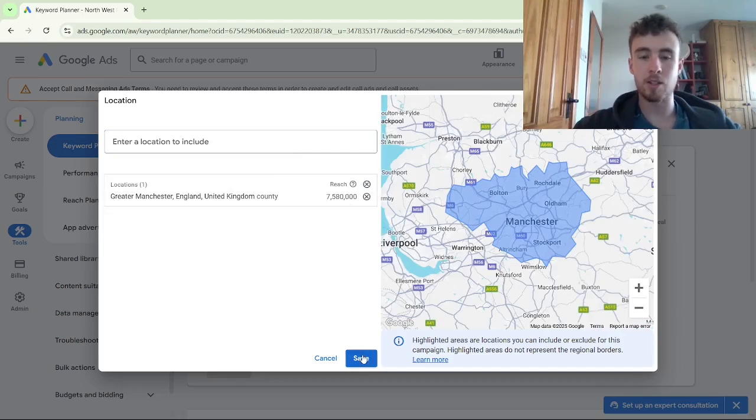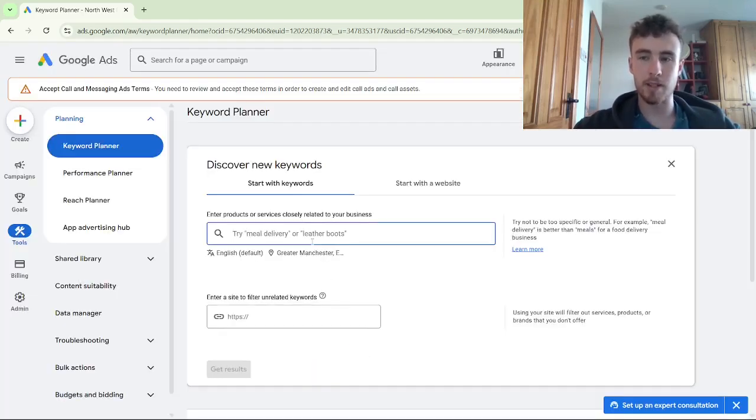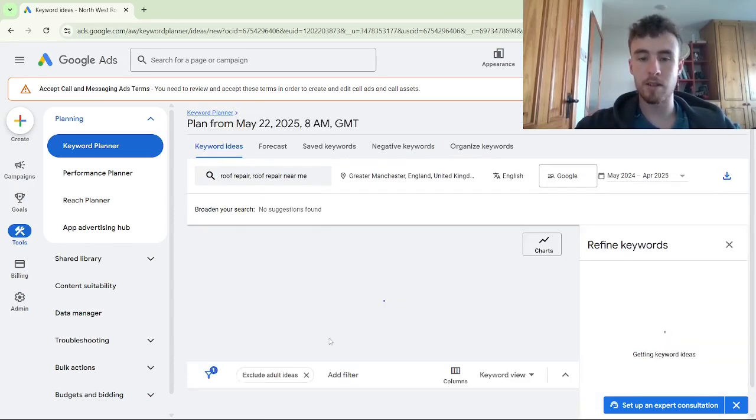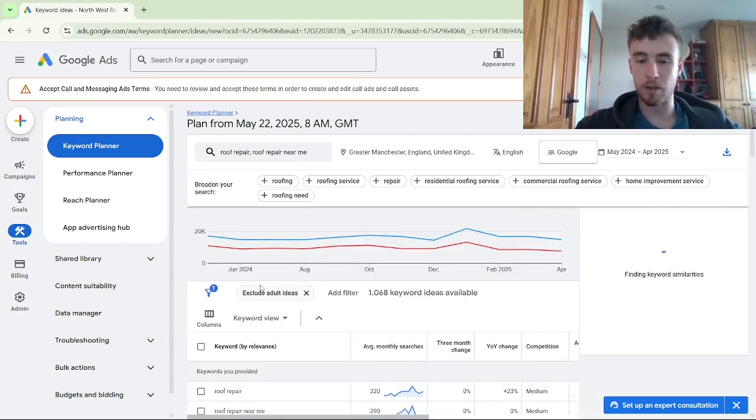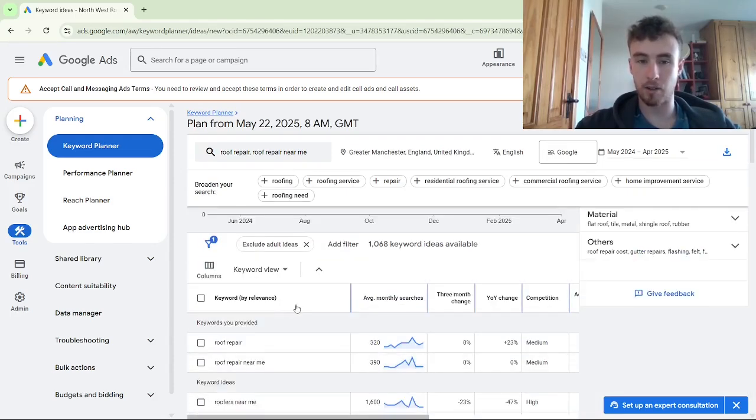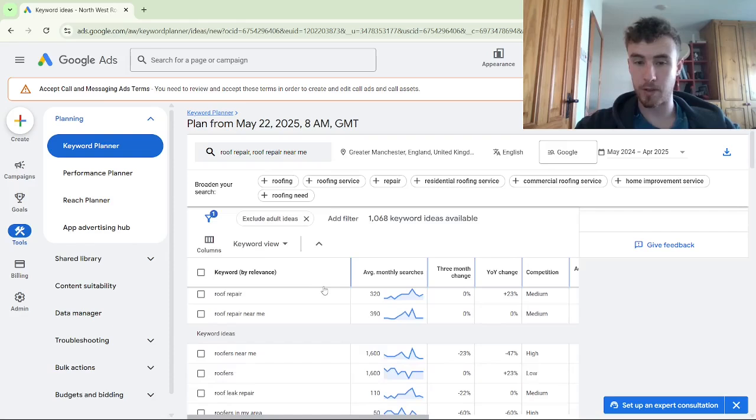which is a specific part of the UK. So we want to save that then and enter in some relevant keywords to what we're going to be offering. So let's just say it's a roofing company offering roof repair services. You might enter in some things like roof repair near me, and then just press get results. So what we want to do here is have a look at what the cost per clicks are going to look like of the keywords that we're going to be targeting in this specific area. Because if in one location the cost per clicks are twice as high as the cost per clicks in another area, then the cost per lead is going to vary massively from area to area,